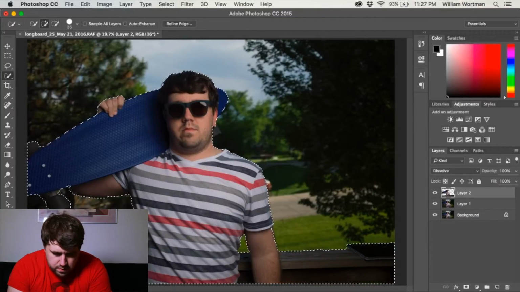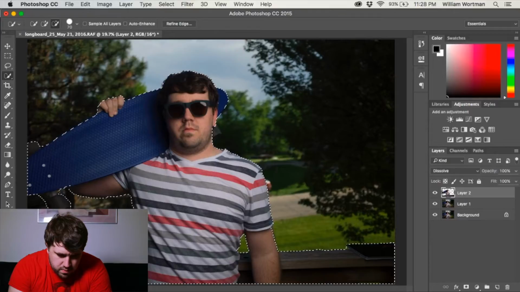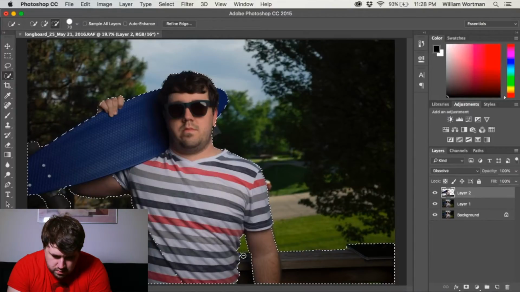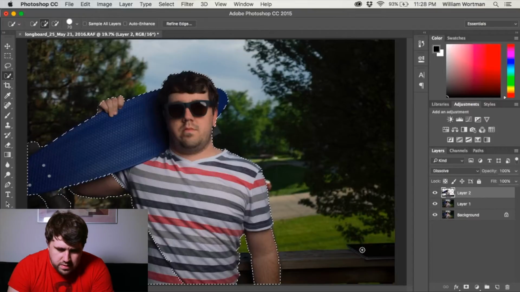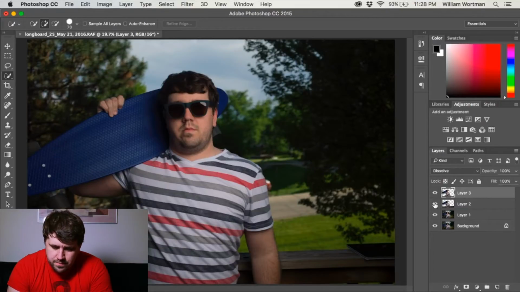So I'm going to make my brush a little bigger. Basically take the banister out of focus. Okay, there we go. There we go. So now it's just me being highlighted. I'm going to do the same thing, Command J. Now I have